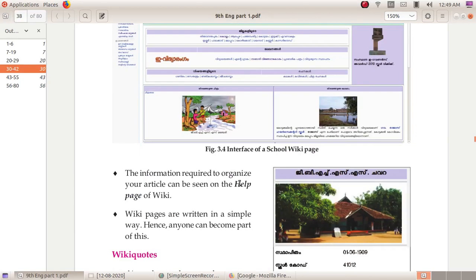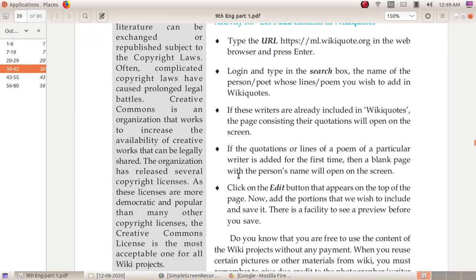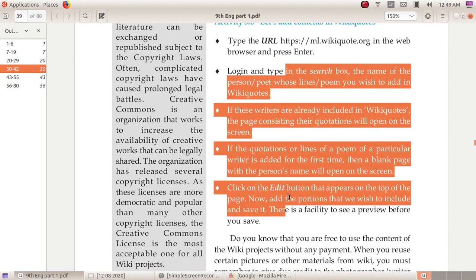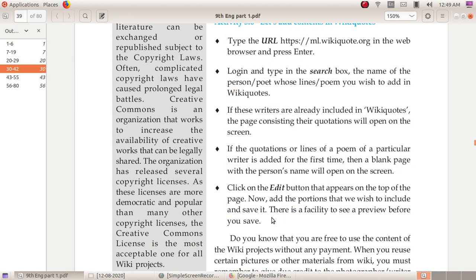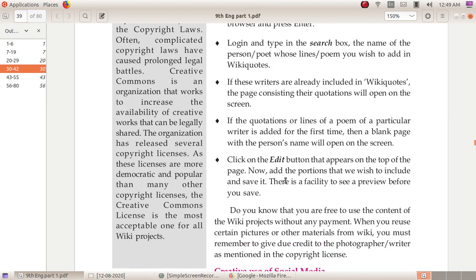We just note that. And these are the steps of Wikiquote: log in and type in the search box the name of the person or poet whose lines you want. You just read those steps.